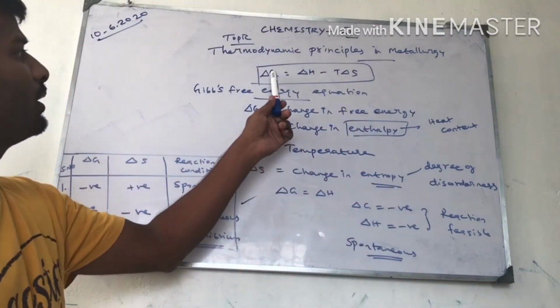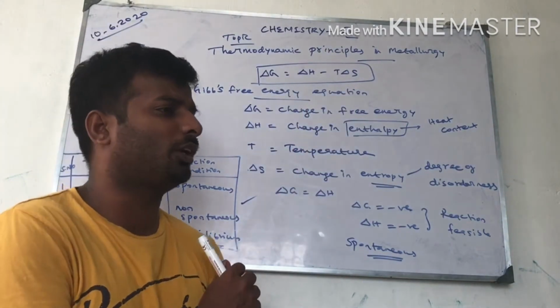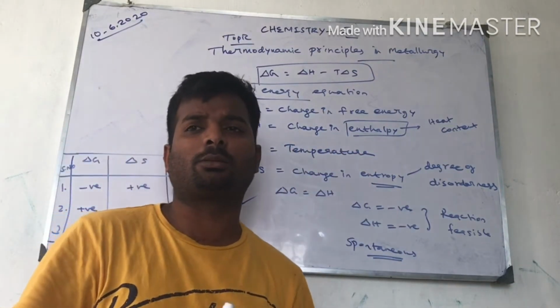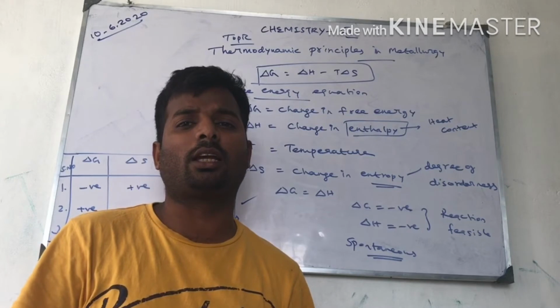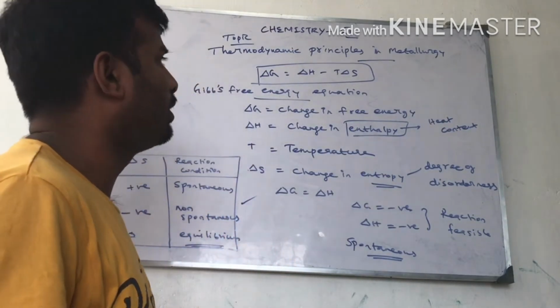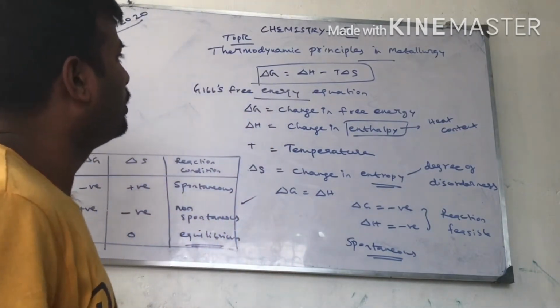This is called Gibbs free energy change, which is responsible for the metallurgical reaction taking place, because here transfer of heat takes place. Metal oxide gets reduced to metal using a suitable reducing agent like carbon monoxide. They are very good reducing agents for reducing metal oxides. Now I am going to erase this.